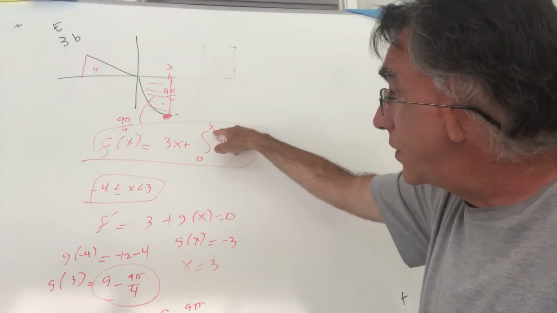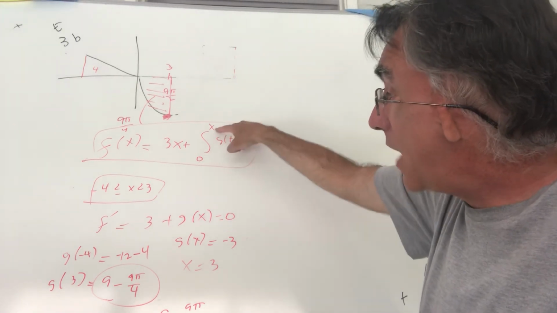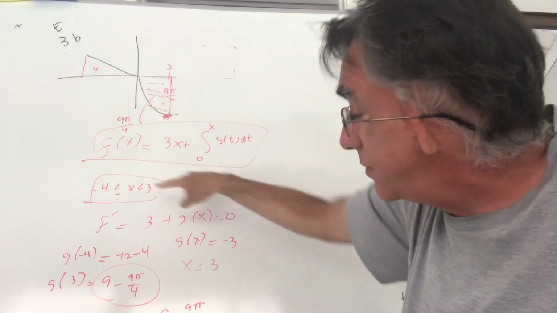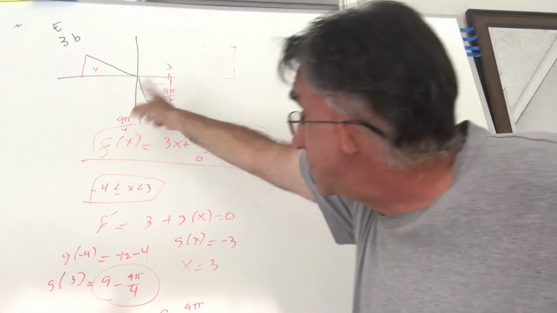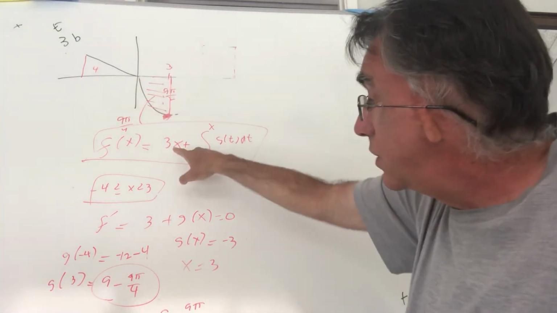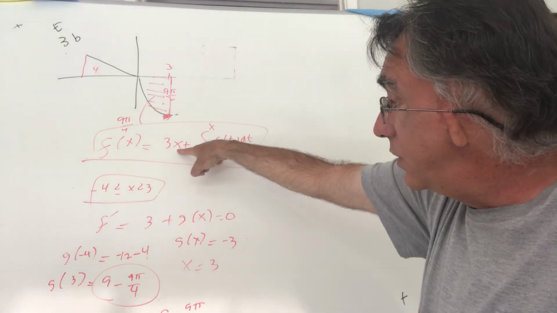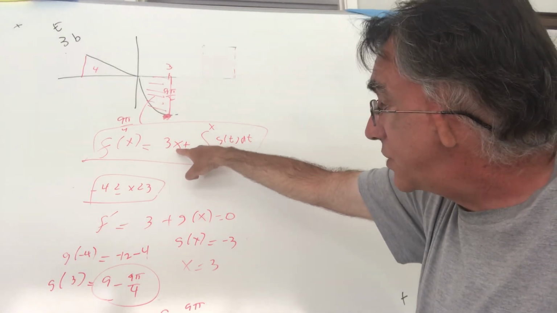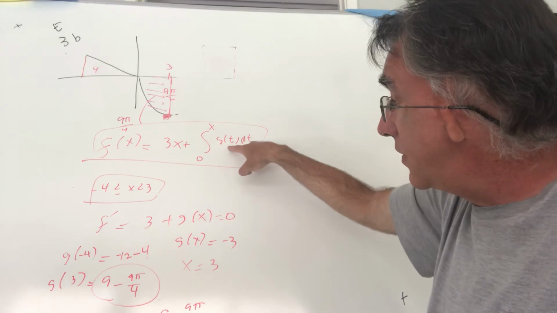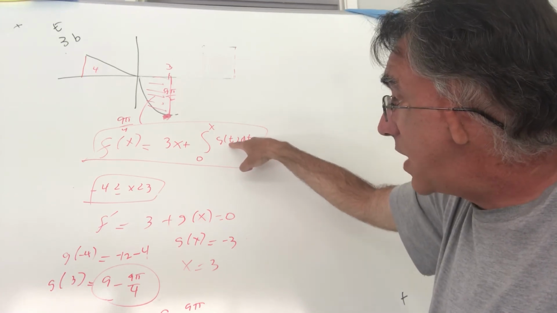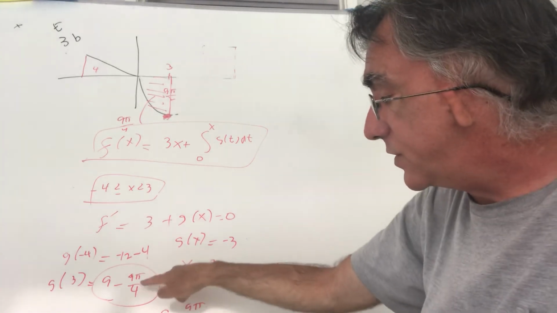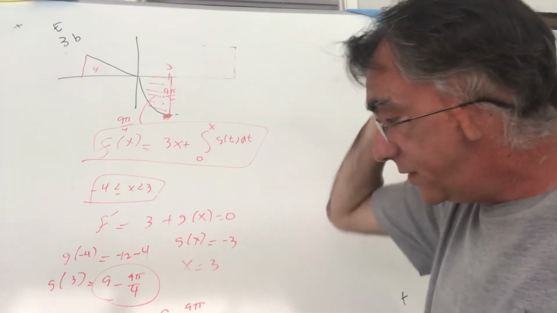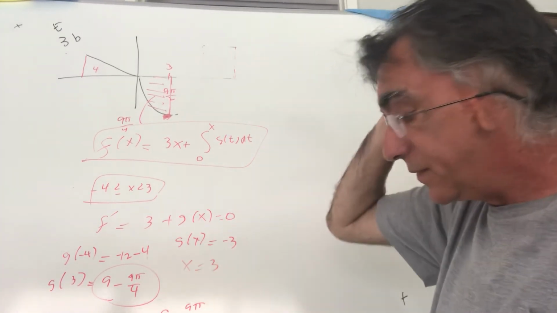Now, you're integrating from 0 backwards, that means the 4 becomes minus, then you get -16. Then here you integrate from 0 to 3, 3 times 3 is 9, and then that integral is 9 pi over 4, but you're subtracting it. And so that number is going to be bigger than that number. This number is positive, that number is negative. Okay,